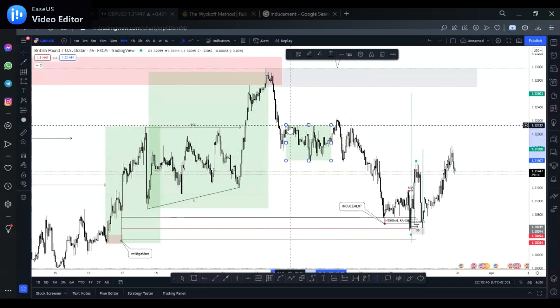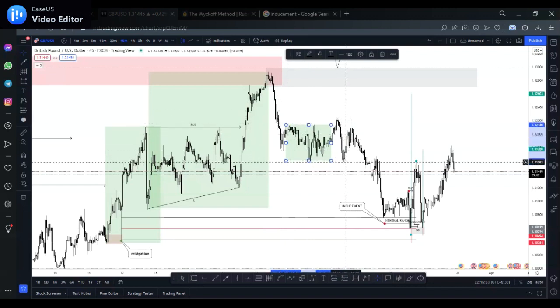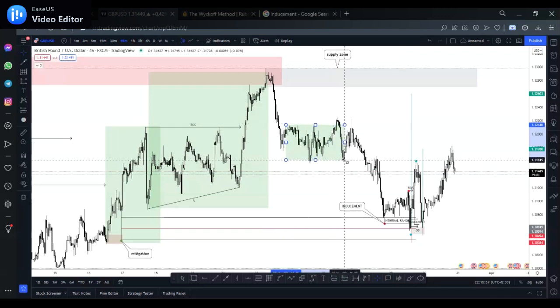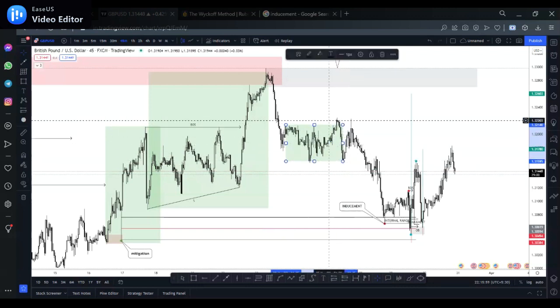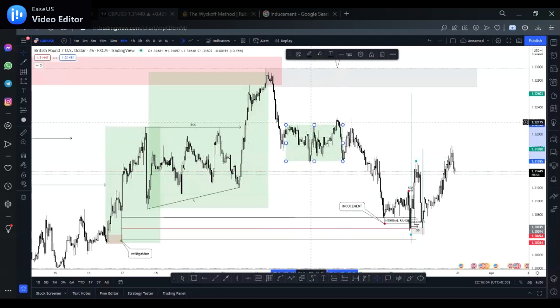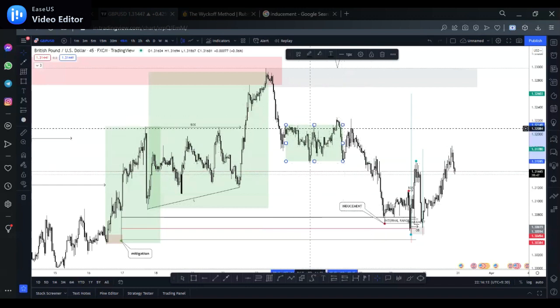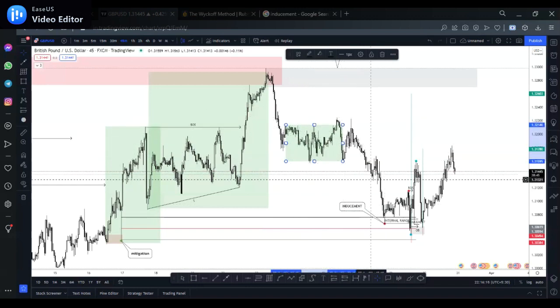So this was the accumulation they did, and they went to the high when they mitigated the supply zone, and they came back down. So they did an extra inducement also, inducing buyers into the market. And if you use the Wyckoff distribution schematic, you could say this was a buying climax, secondary test, and stuff like that. The UTAD and the last point of supply before price went back down. So this was a reaccumulation, which was redistribution, created right here. Okay, which was also accumulating traders.